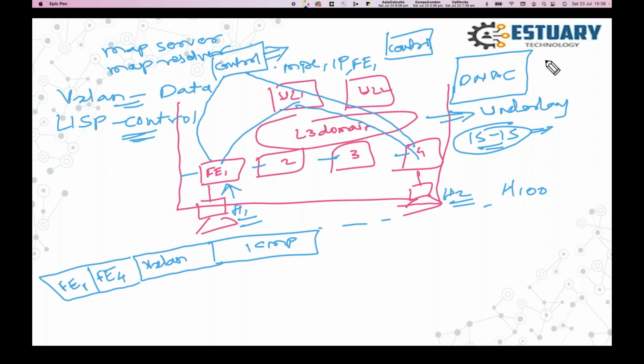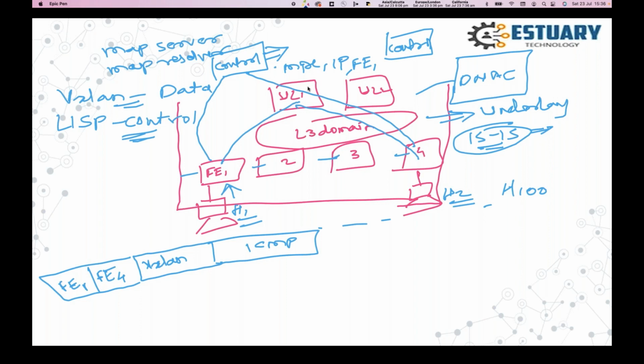DNAC can be somewhere in the data center, pushing the configuration, including LISP, IS-IS, VXLAN, to all fabric edges and underlay switches, and then everything happens automatically.